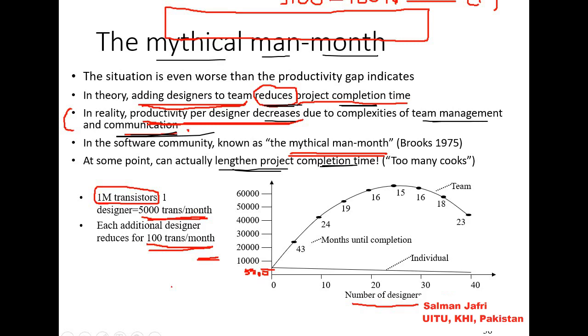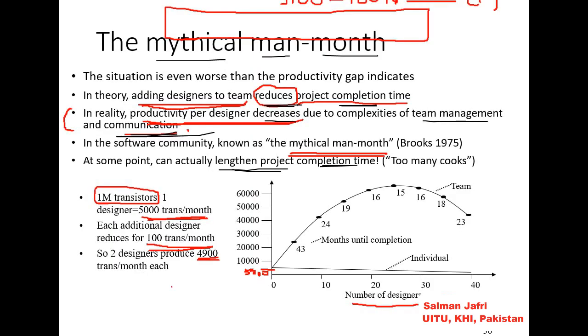What does this mean? This means two designers produce 4,900 transistors per month each, and so on and so forth. So in order to do that, we need an equation, right? I would invite you to try to write an equation for the team productivity, starting with the total number of transistors that can be made by an individual. So what is that equation? It would be